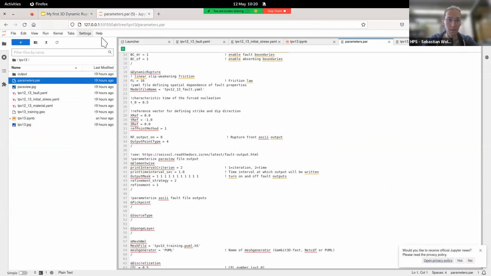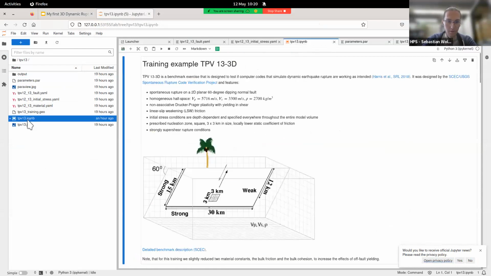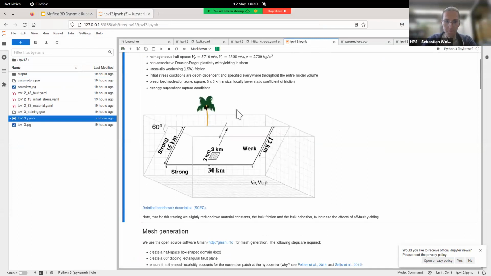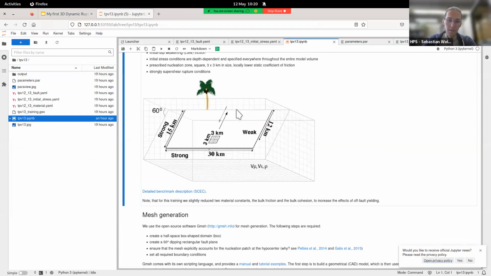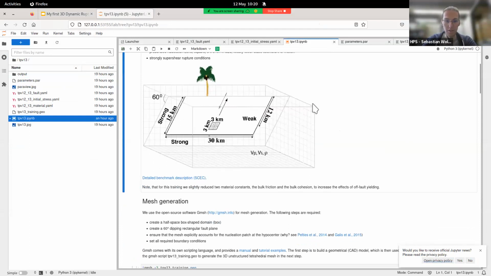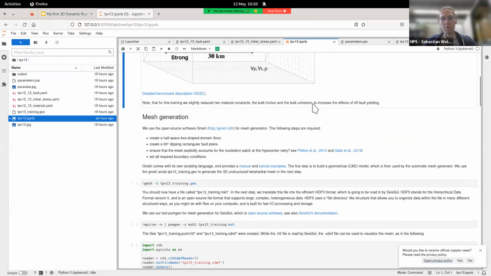So this is the Jupyter Lab. I opened the parameters file already, but let's go to the main notebook. It's here. So again, there's a small introduction. And there are several ingredients to a SeisSol simulation. The first one is a computational mesh. As we have seen earlier, we use